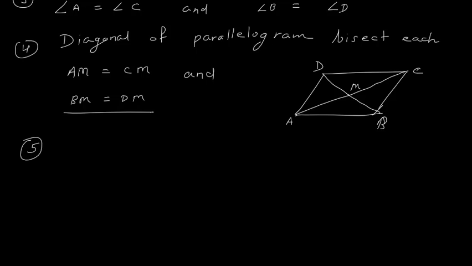Now one more condition is that we have discussed that in parallelogram opposite pairs are parallel. But if one pair of opposite sides is parallel and equal, then also it is a parallelogram. Sorry. In a quadrilateral, if one pair of opposite sides is parallel and equal in length, then it is a parallelogram. Very important statement. In a quadrilateral,